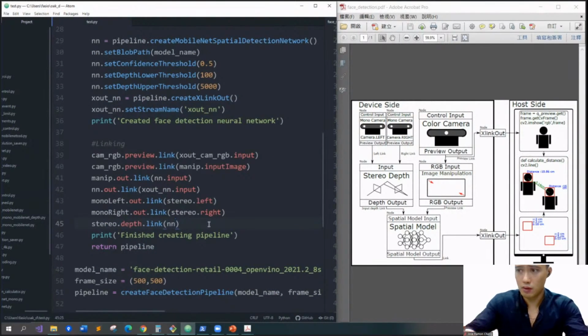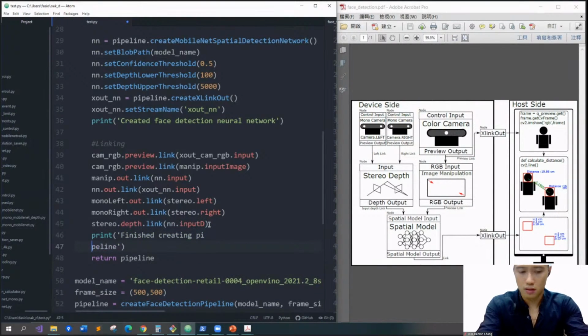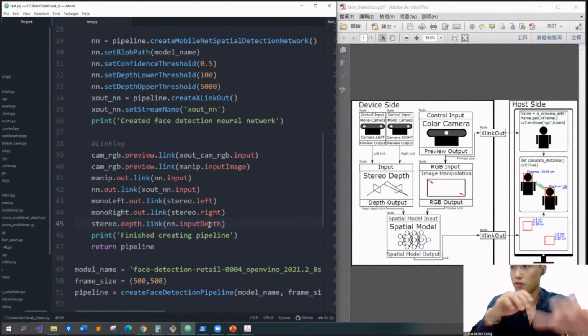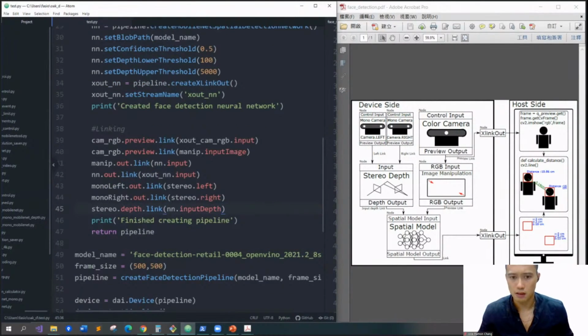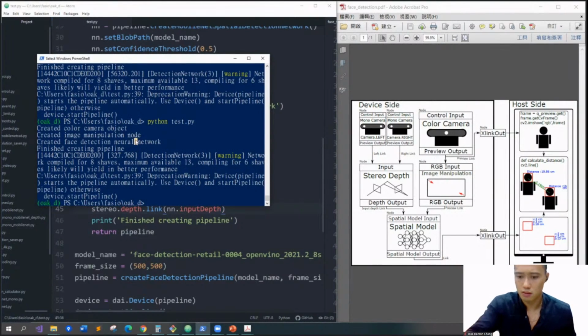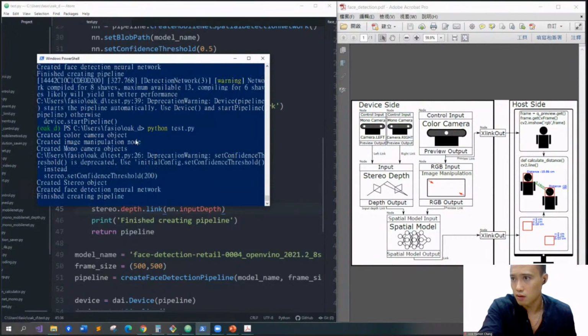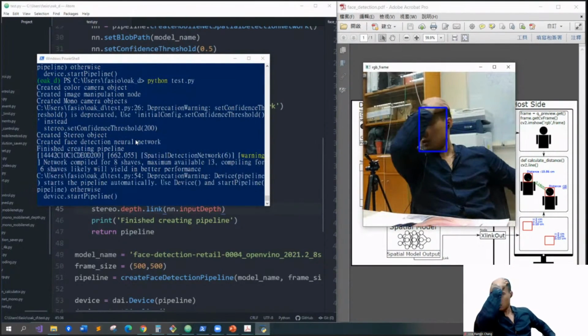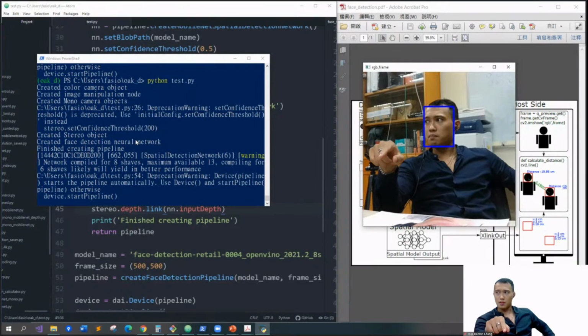Then I'm going to link this one to the input depth part of the neural network. Okay, let's see if it is running or if it's going to give me an error. Okay, so you see it's still running, because the spatial detector neural network still gives me